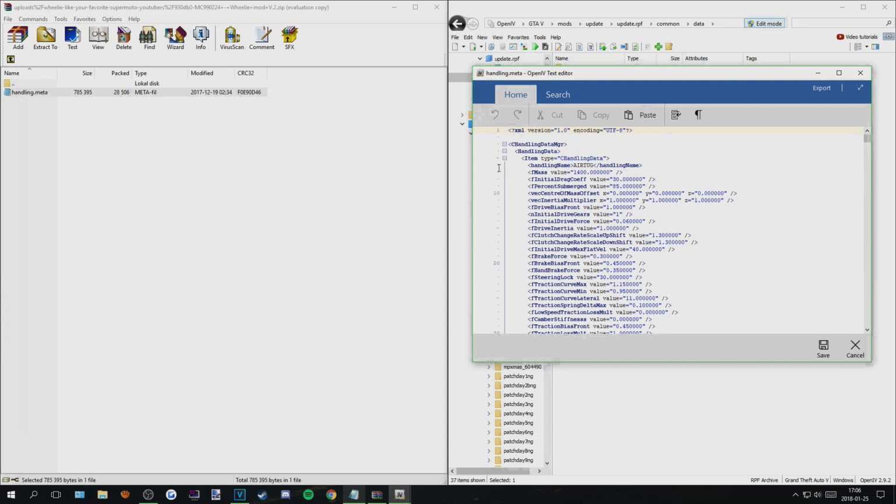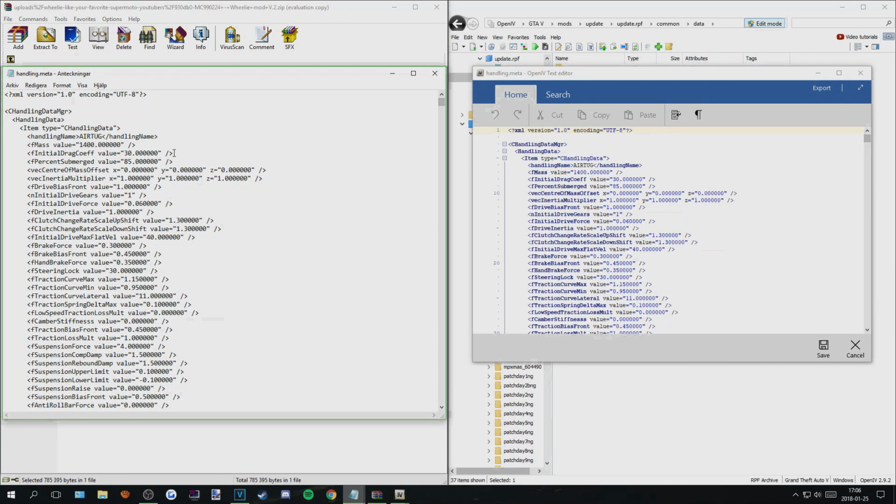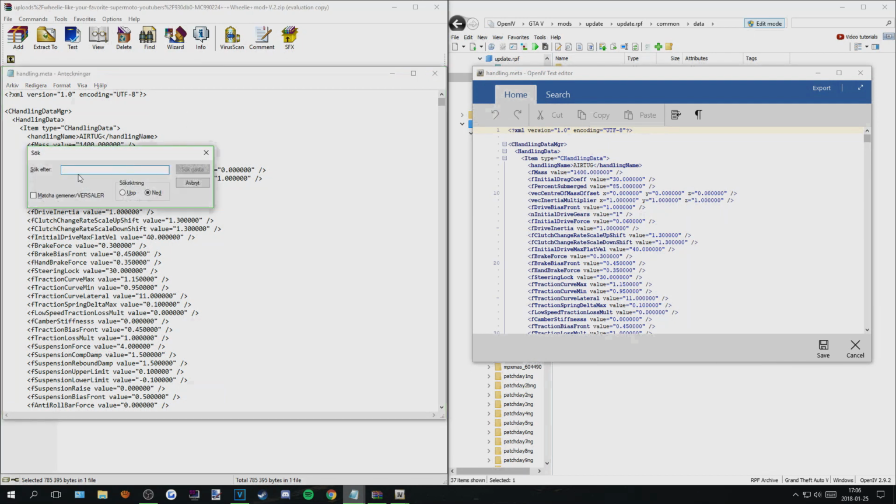What we want to do here is go back, and we can use my Wheelie mod for an example. We just select the handling meta, open it up with Notepad, and click Control F and then search for the Sanchez and then click seek or next,